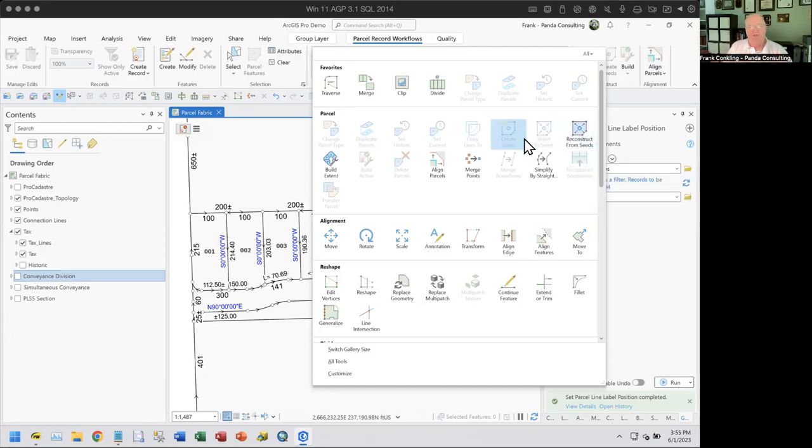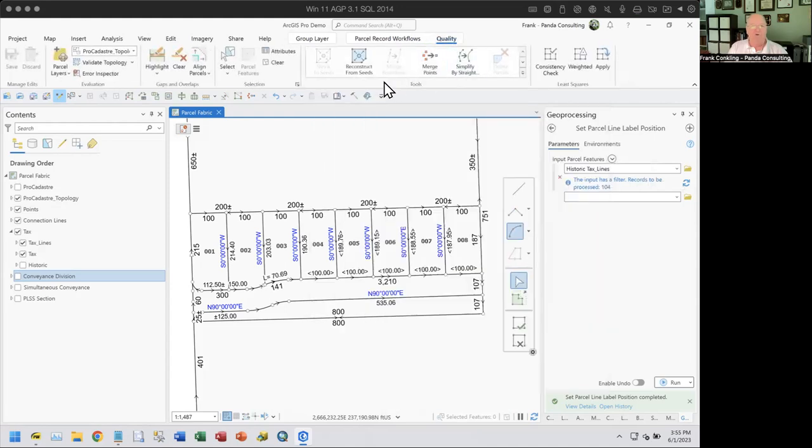That's this reconstruct from seeds and shrink to seeds. Those are components here. This Reconstruct Boundary is a superset of this quality-driven workflow of merge boundaries, and